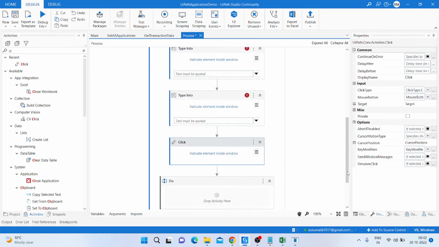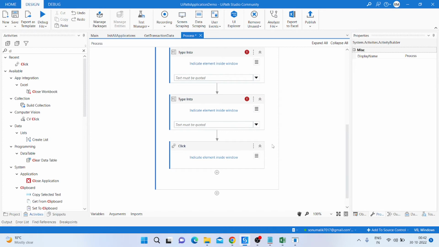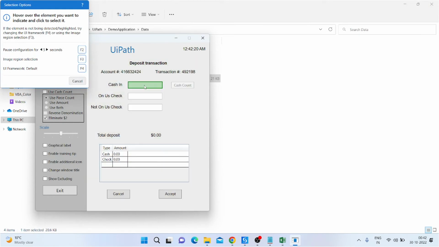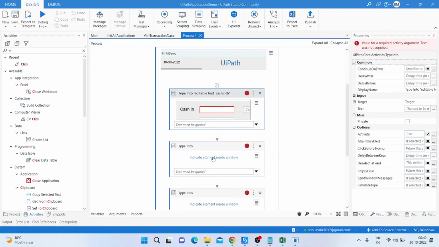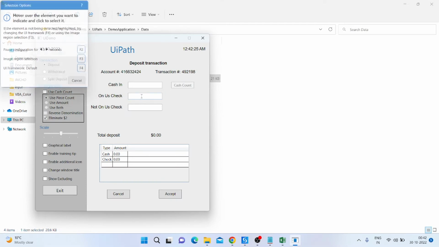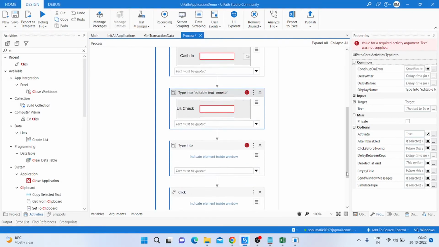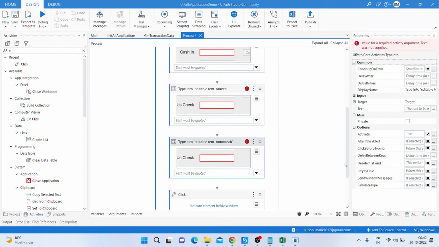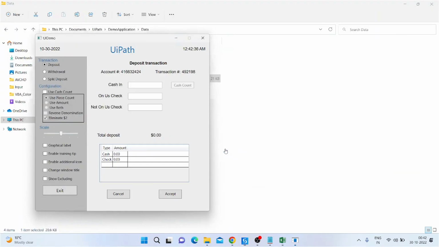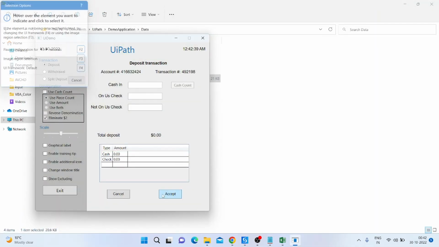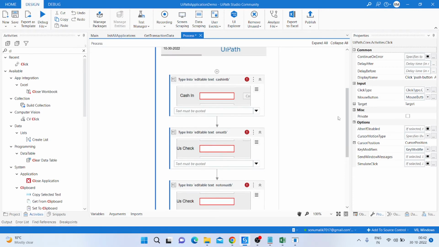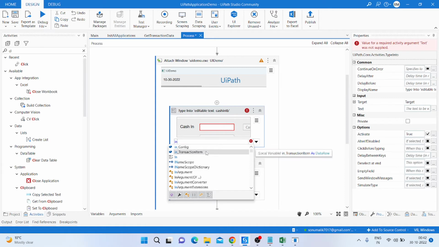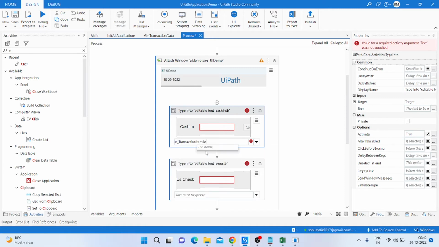No need for two options, just remove this and click on the indicate option and indicate the screen, cash in, then click on the second, honest check, and then the third one is notice check, and after that we indicate on the click option and pass the value on here. So I'm just passing the value in transaction item dot item